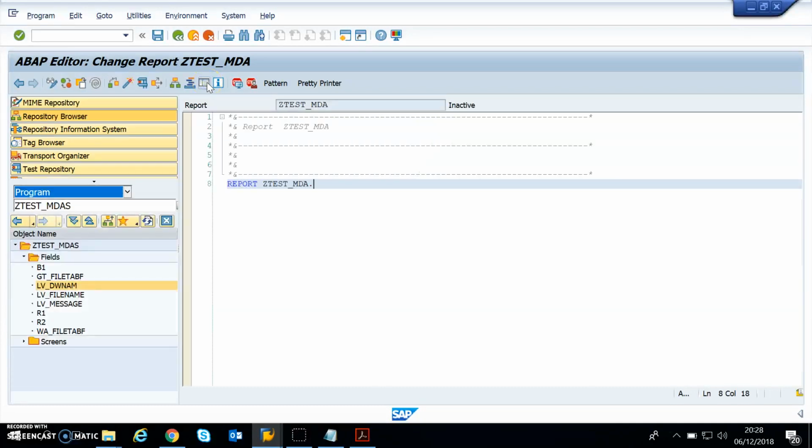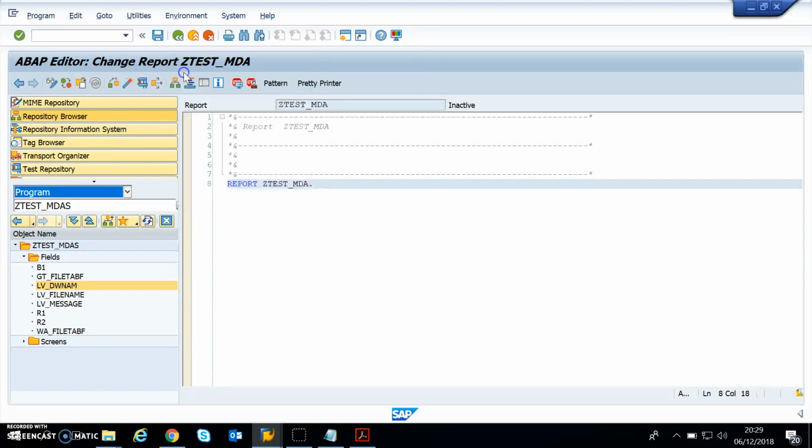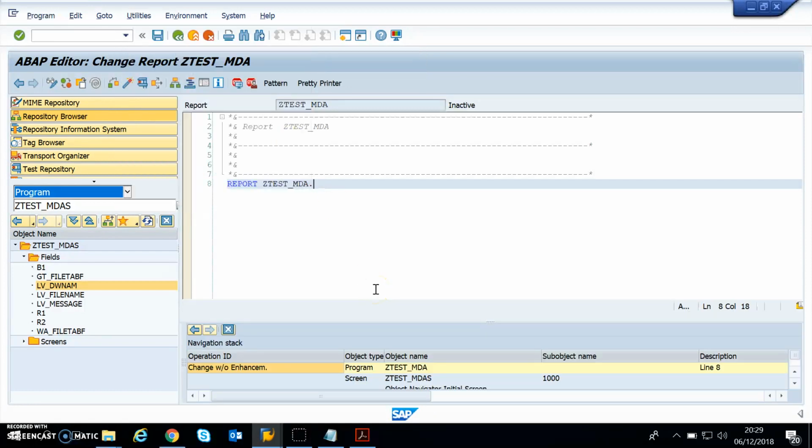Next, what we can see is the object navigator menu option to display the navigation history. So you can actually have a list of all the navigation history which you did, as a shortcut. To do that, you go to the option Utilities, and there should be an option called Display Navigation Window. So here what you can see is your